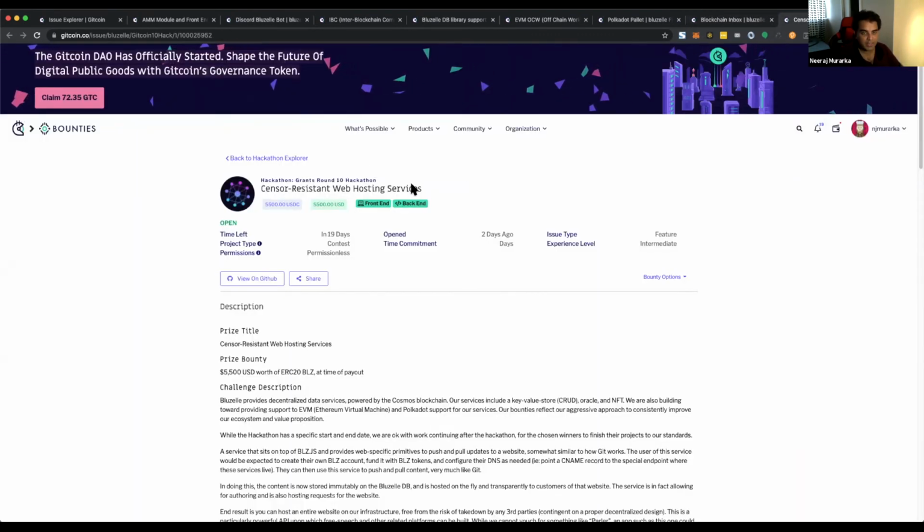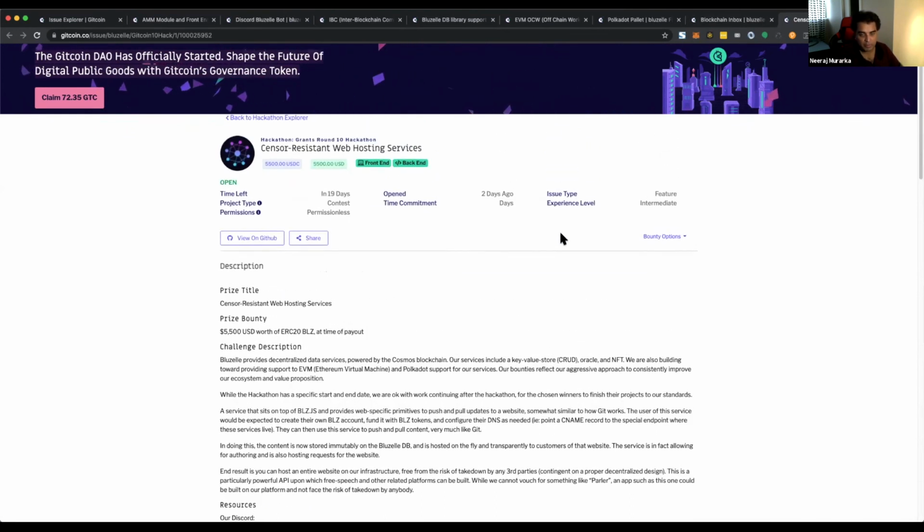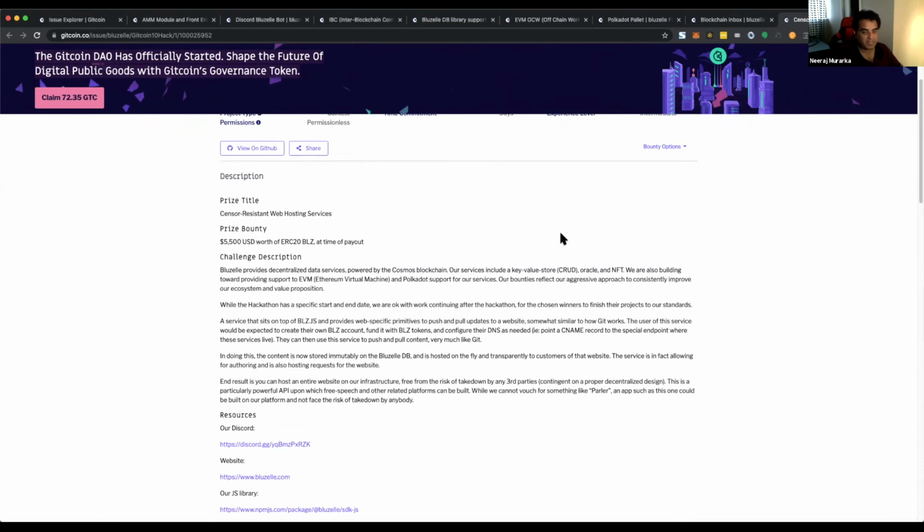Our last hackathon bounty is our censor-resistant web hosting services. So this is intermediate. The idea here is pretty much self-explanatory, but we want to become a platform where any website, typically static, because we're not asking for server-side execution, PHP or Python or whatever, can be hosted. So the idea here is you have a website, you want to host it,